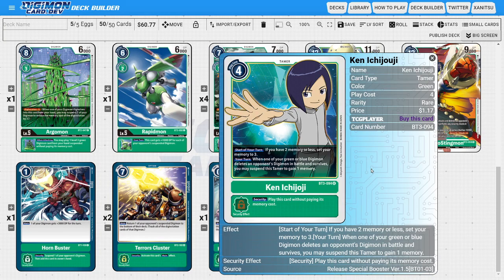And then the last card of the deck is going to be the only tamer in the deck, which is going to be Ken Ichijoji. So Ken is basically just going to be acting as the memory fixing tamer of the deck, which memory fixing tamers aren't necessarily bad. You could think about utilizing Mimi for all of her application instead of Ken, but I just feel like for what the deck is trying to do, Ken is just a really solid tamer,